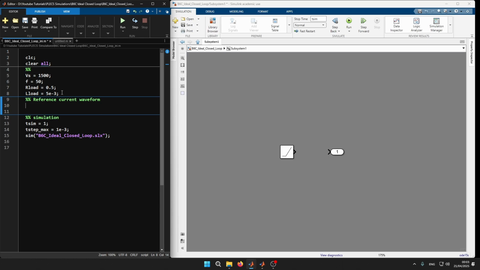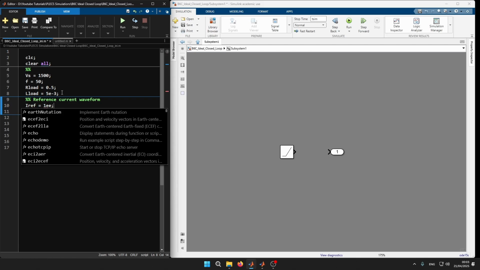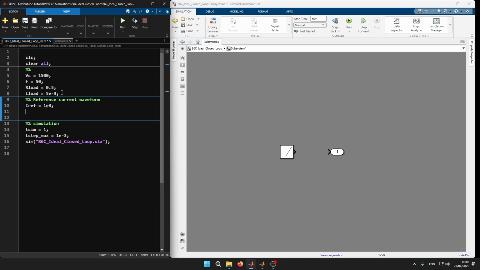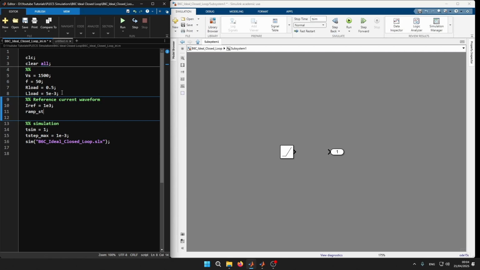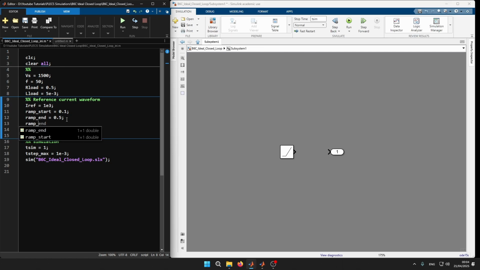I will take the peak of the DC current, that when it is in steady state, I would say start with 1 milliampere. I want the ramp to start at 0.1 seconds. Ramp end, then let's say stop it at 0.5 seconds. Of course, it is not there. So ramp slope,